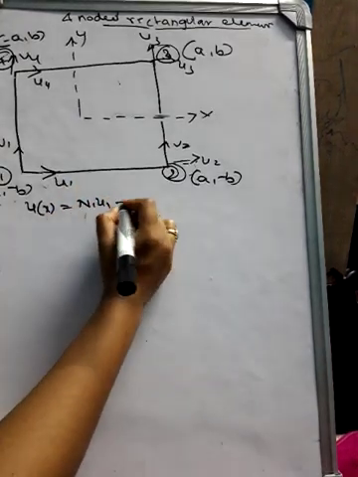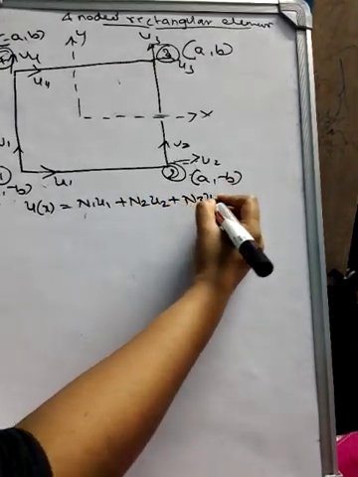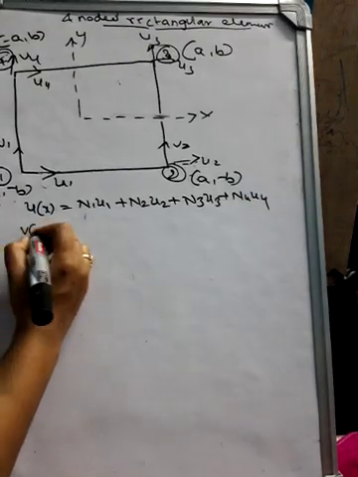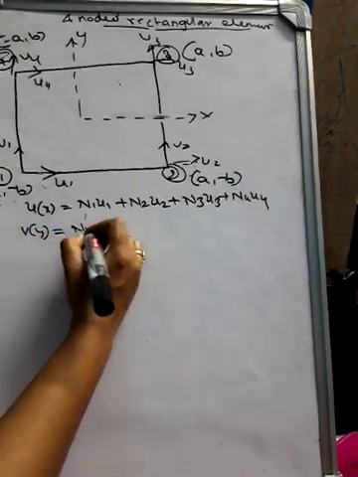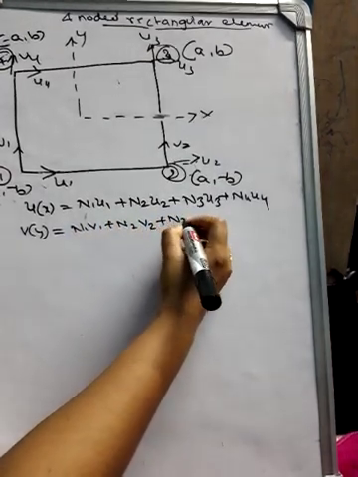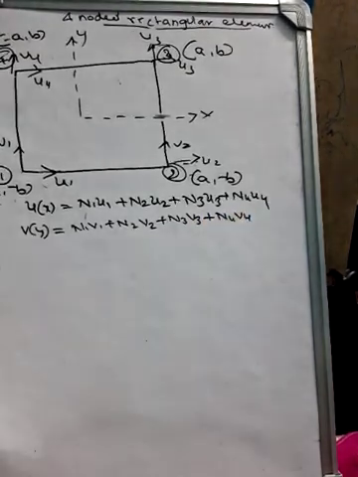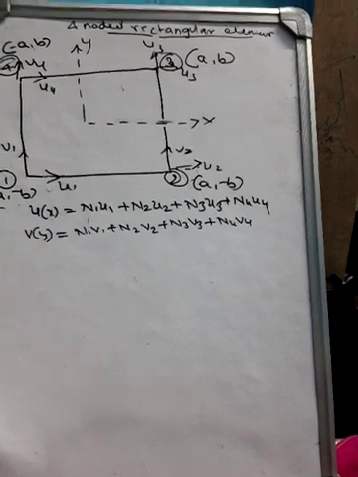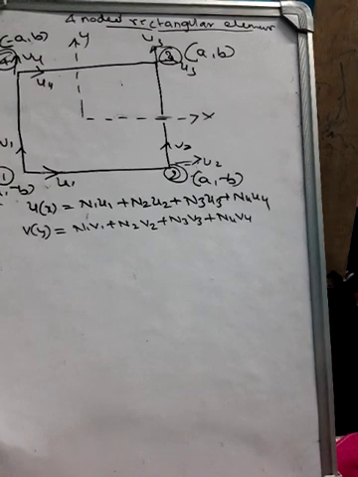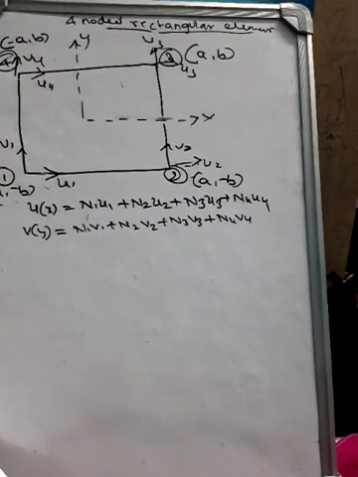Okay, and even I know that u of x is equal to N1 u1 plus N2 u2 plus N3 u3 plus N4 u4. V of y is equal to N1 v1 plus N2 v2 plus N3 v3 plus N4 v4. Okay. Now here what we have to do is, I'll be taking each and every node and calculating the